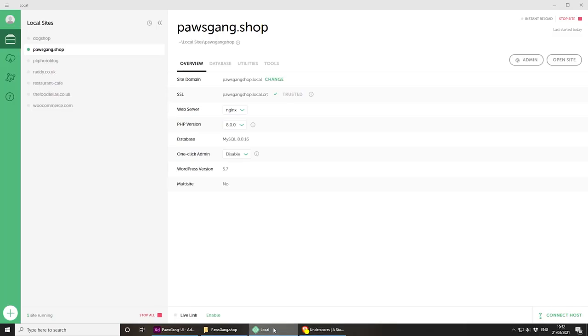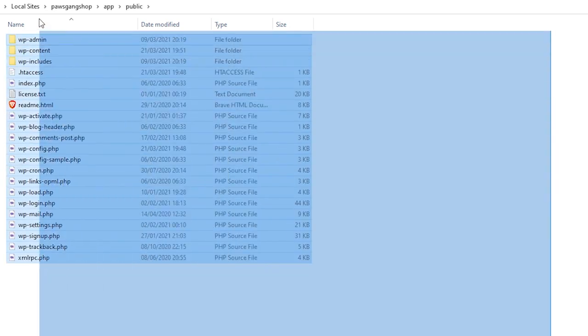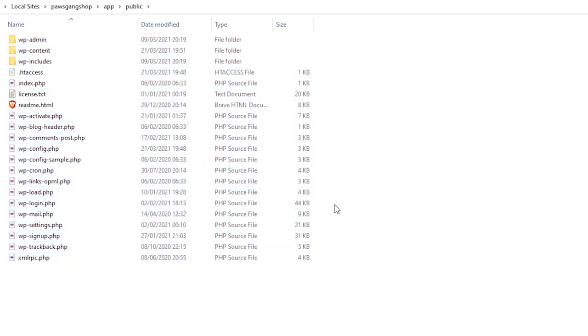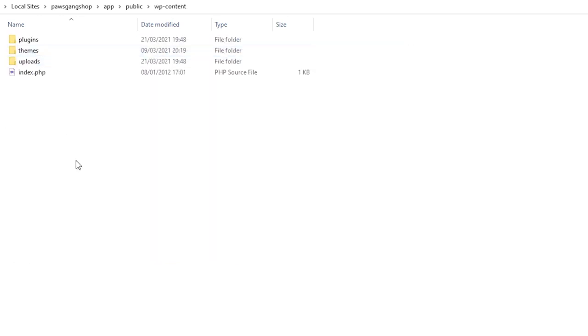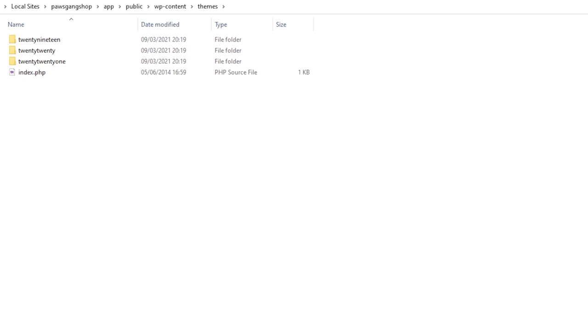And if you go back to Local, we want to find the WordPress instance. So inside here on this arrow, if you click, this will actually open the project folder, and under app, public is where you will find your WordPress instance, and then under wp-content and then themes is where you will find all of your themes. Now we're creating a new theme, so we might as well paste the theme that we just downloaded from Underscores,